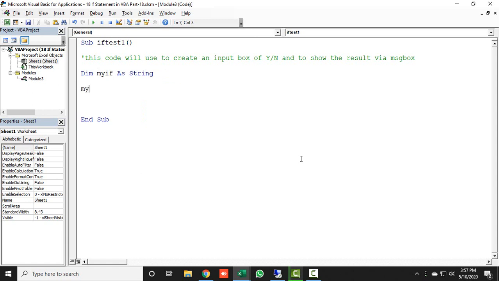So here I'm saying myIf is equal to, via input box I am putting a question for the user, are you Excel lover? Alright, here I'm asking in the myIf variable via input box for the user, are you Excel lover?